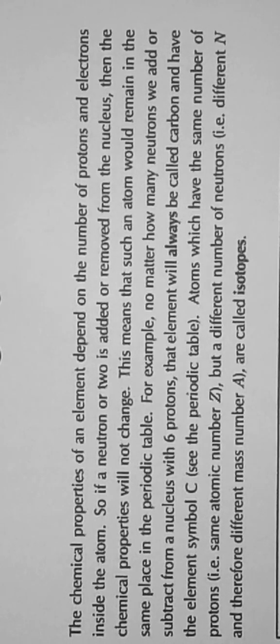Talking about the isotope. The chemical properties of an element depend on the number of protons and electrons inside the atom. So the chemical properties of elements depend on the number of protons and electrons inside the atom. So if a neutron or two is added or removed from the nucleus,